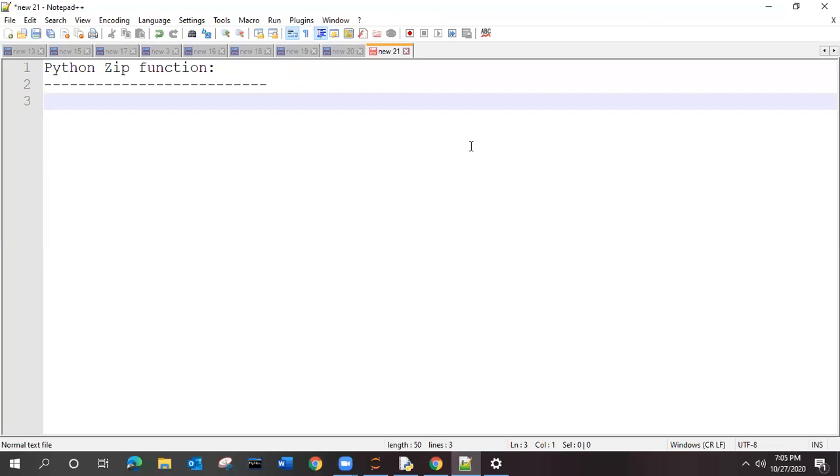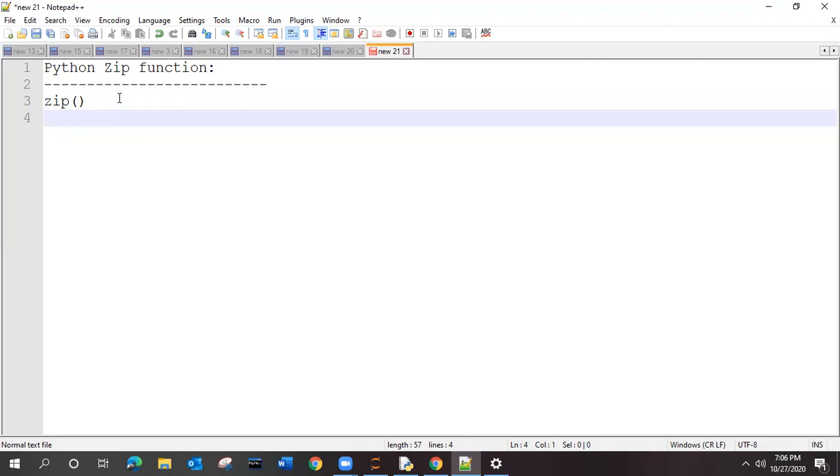Because it will be helpful to you in writing the code and reducing the size. So what is this zip function actually going to do? The zip function is simply for compressing, zipping and unzipping the data. Python supports its own zip function that is known as zip itself. This is the name of the function and the work you already know, right?